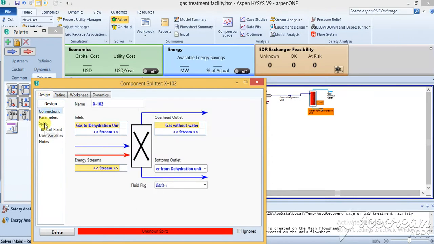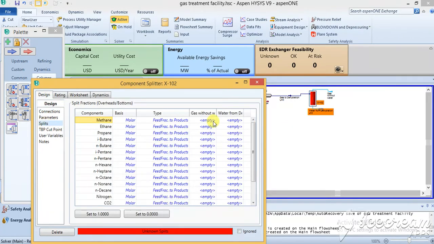If you go into the designs and you go into the splits, I'll put all these to be 1, and the remaining impurities I will be putting to 1 in the bottom stream. So all of them will be 1: nitrogen, carbon dioxide, hydrogen, except the hydrogen sulfide.